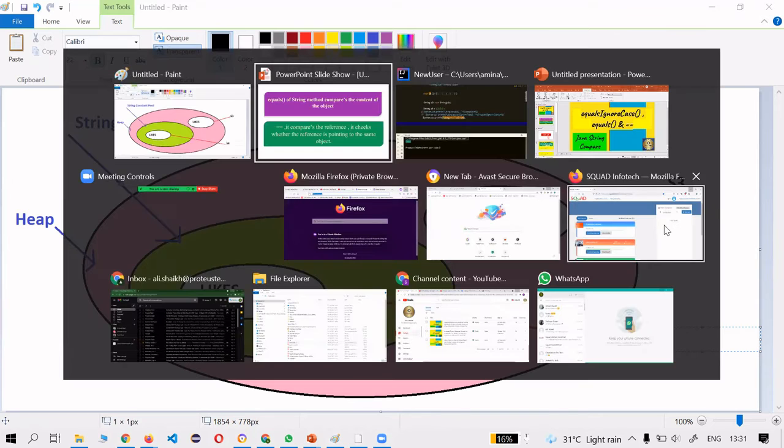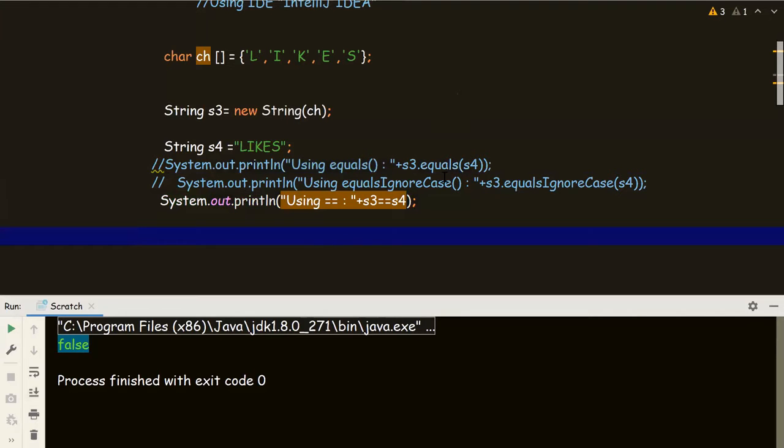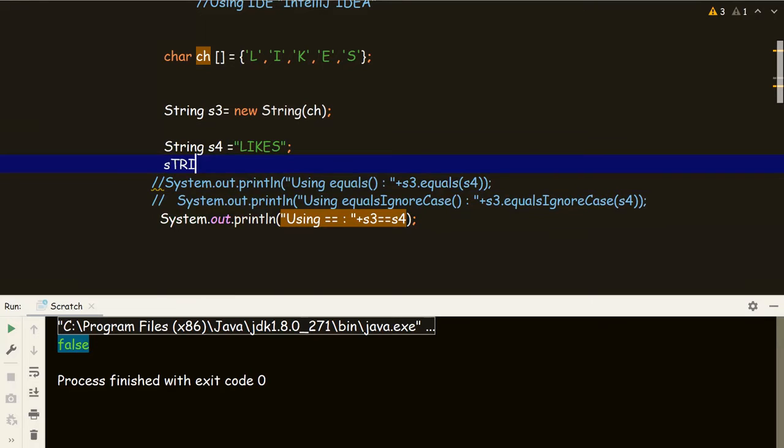That's why it's false. What if we create another string, s5, just to check with equal to? So s5 is a string literal.